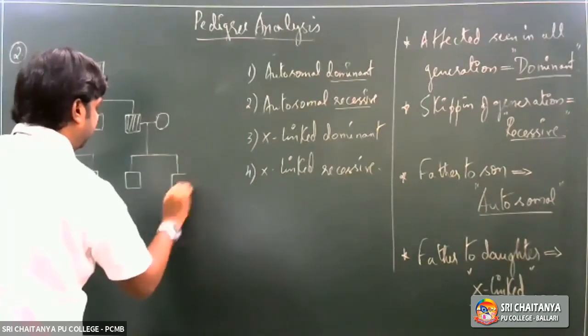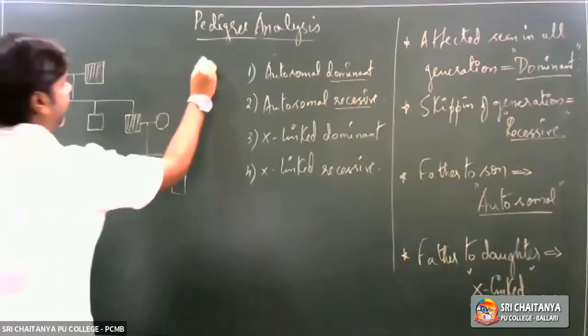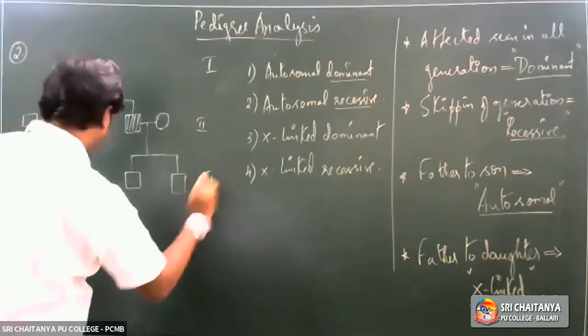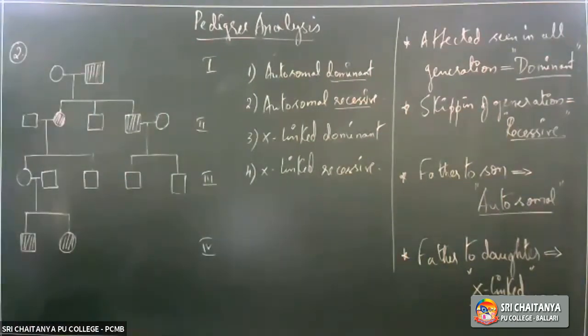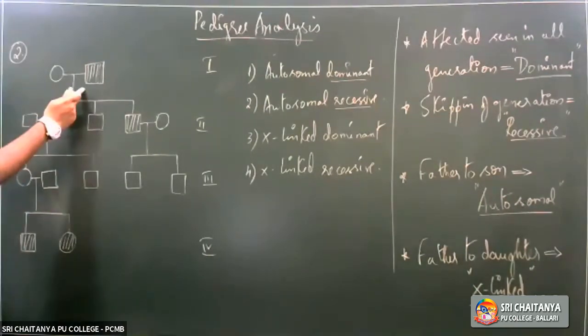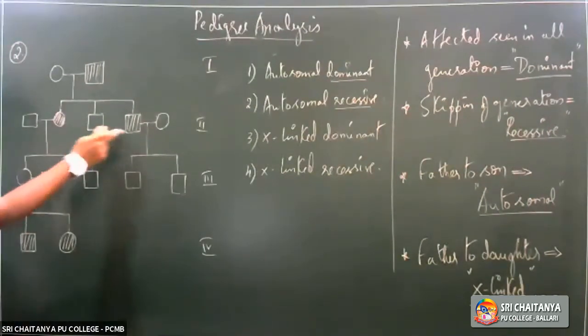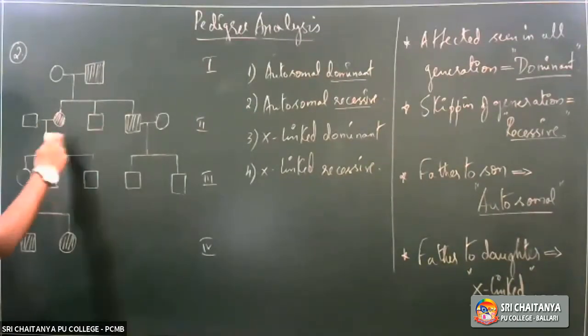Okay, so this is the next pedigree chart we have. This is the first generation, the second generation, the third generation, and the fourth generation. So it is a 4-generation pedigree chart. Let us see the pedigree chart first. In the first generation, a male is affected. The affected male marries a normal woman and they have 3 children, of which the first child and the third child are affected, a son and a daughter.